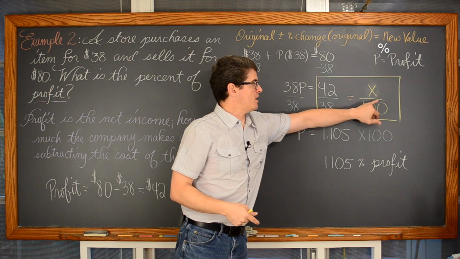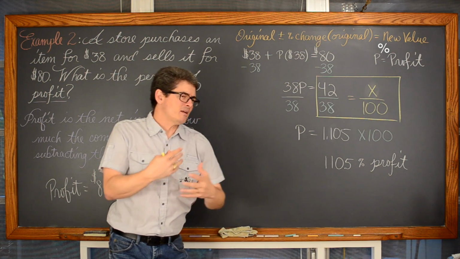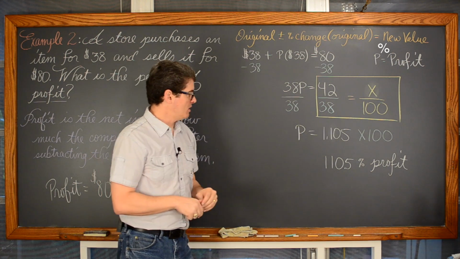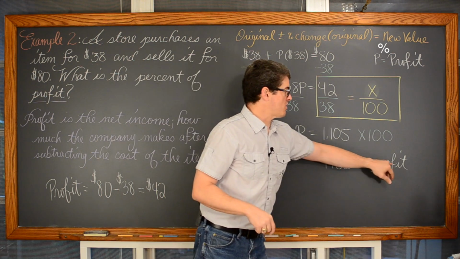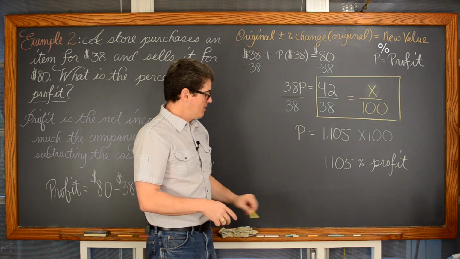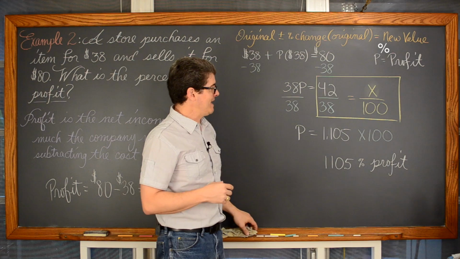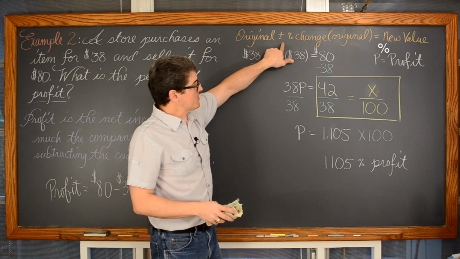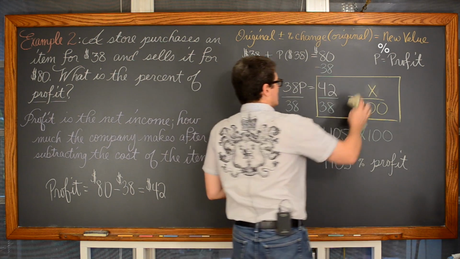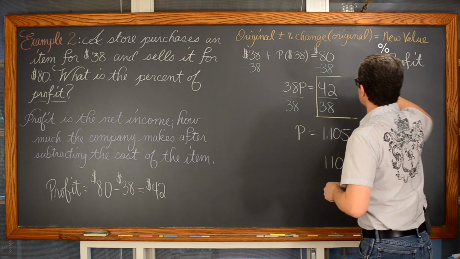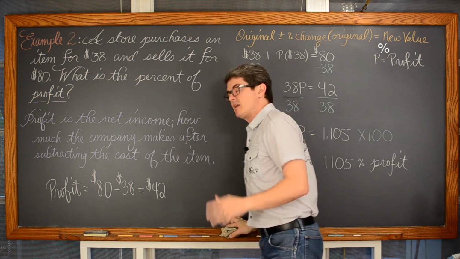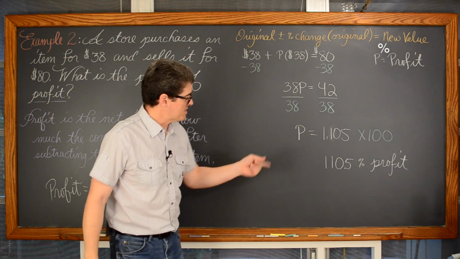It really looks completely different, but I still got to that 42 over 38 is equal to, now I'm showing this x over 100. Again, I talked about that when you do part over whole as percent over 100, you don't have to think about moving the decimal, which I had to do for this problem because of how I started off with that sort of equation type setting. But again, I just want to show you that all of this is related. This looks completely different than the other method, but ultimately it's all the same process, just a different look and feel to it. But again, the final answer is 110.5% profit.